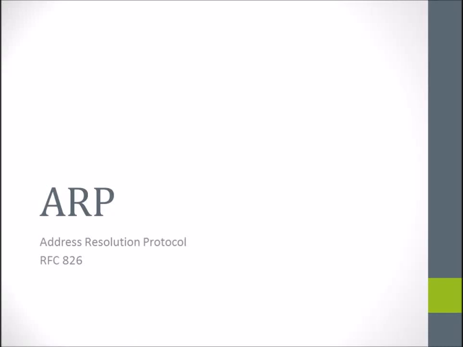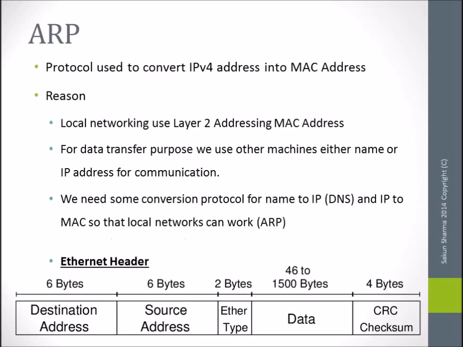In this video, I'm going to discuss Address Resolution Protocol, or ARP protocol. ARP is basically used with IP version 4 for IP to MAC conversion. With IP version 6, we do not use ARP protocol. So in IPv6, we have ND protocol, which is neighbor discovery, and ND is used for IPv6 to MAC conversion for its local network.